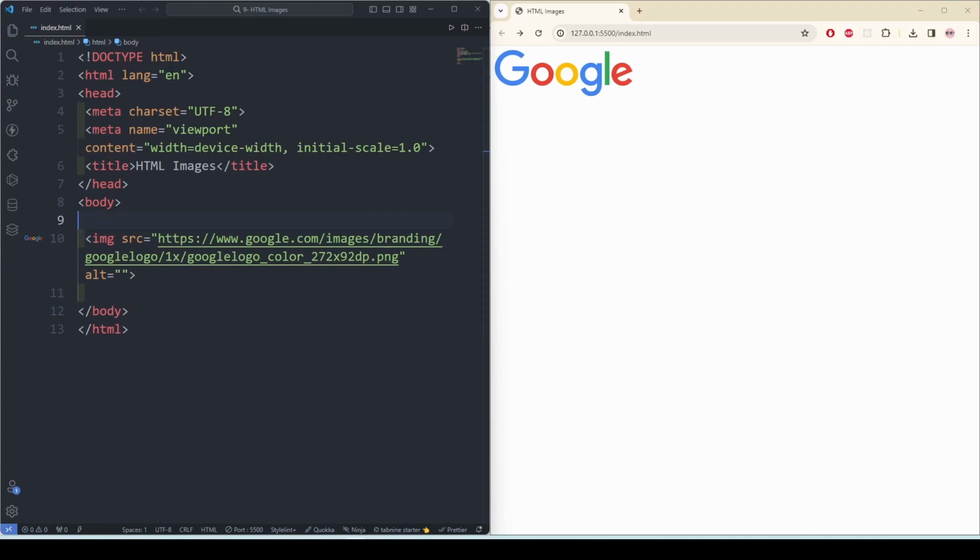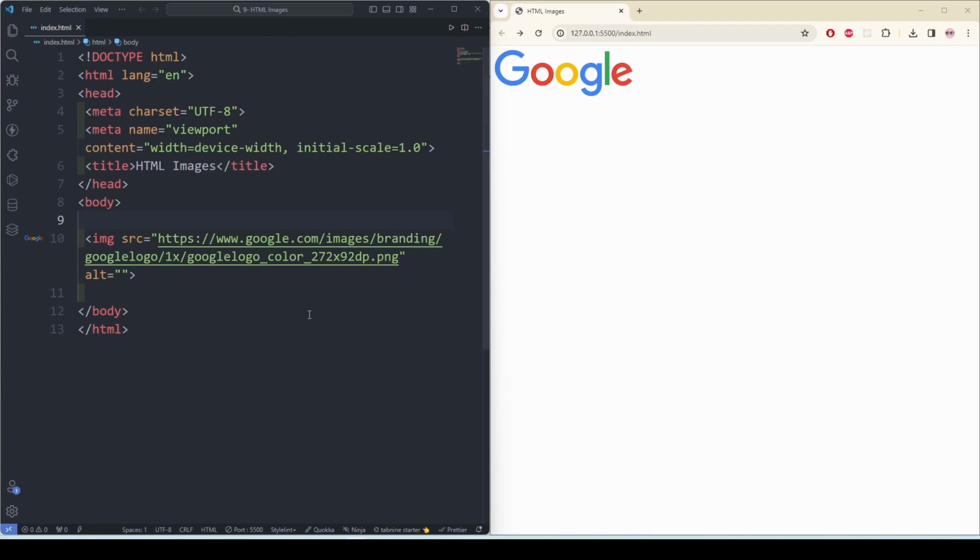And when a web page loads, it is the browser at that moment that gets the image from a web server and inserts it into the page. Therefore, make sure that the image actually stays in the same spot in relation to the web page. Otherwise, your visitors will get a broken link icon. The broken link icon and the alt text are shown in the browser when the browser cannot